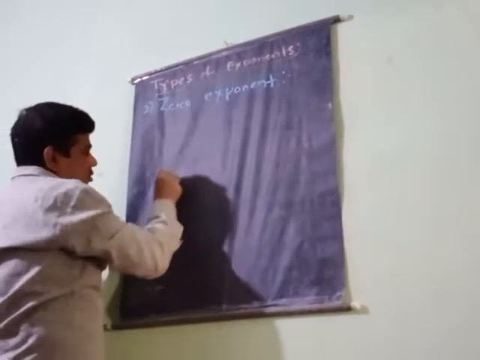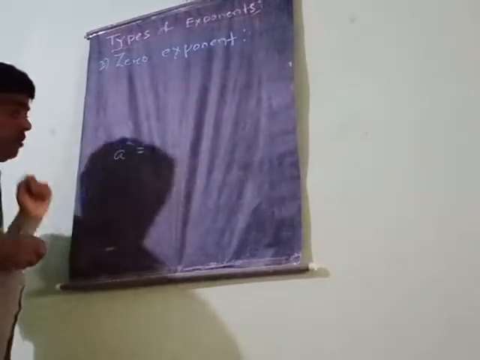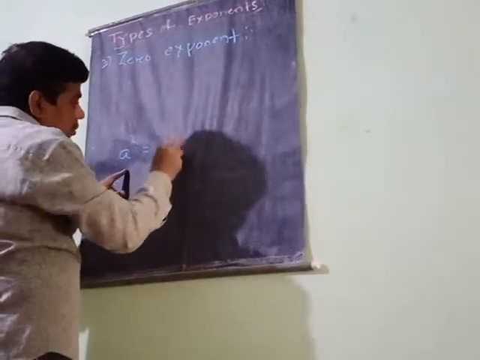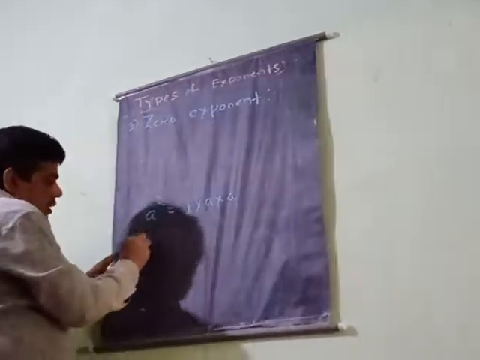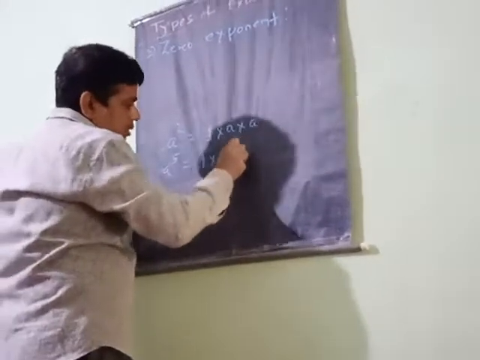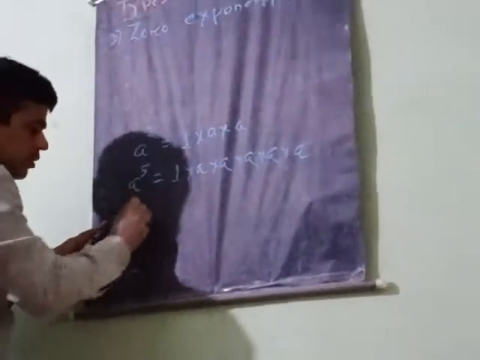Zero exponent means what? Suppose a to the power 0 is equal to what? All of you know one thing, let me clear. According to positive exponent, we studied what? A square is a positive exponent which is obtained when the base is multiplied by a, how many times? 2 times. We shall get a square. Similarly, a to the power 5 is a positive exponent when the base is multiplied by a, how many times? 5 times. Similarly, if I say a to the power 1, the base is multiplied how many times? 1 time. Similarly, a to the power 0